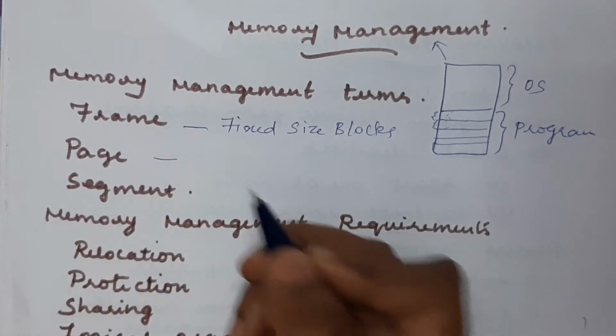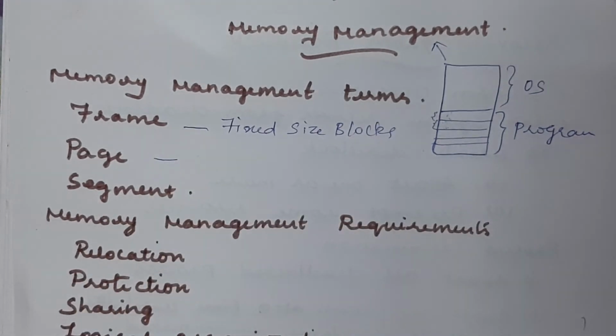Whereas a page is nothing but a fixed length block of data, but it will be stored in the secondary memory, not in main memory. A page of data may temporarily be copied into a frame of the main memory. So that is what pages are. Pages we can get only from secondary memory. If you want to execute any of the pages, temporarily it should be copied into the main memory, and obviously it is a fixed size block, and we call it a page. And the next one,